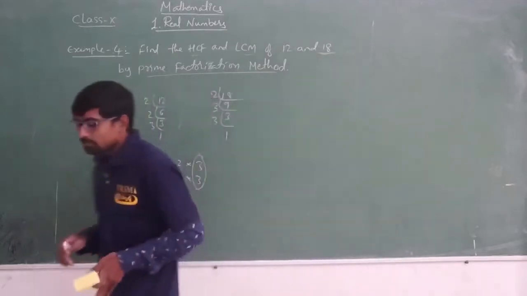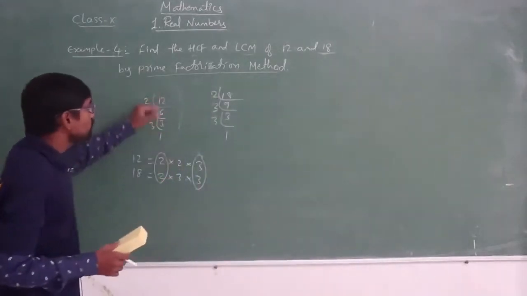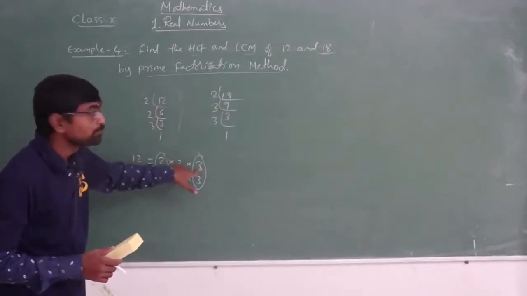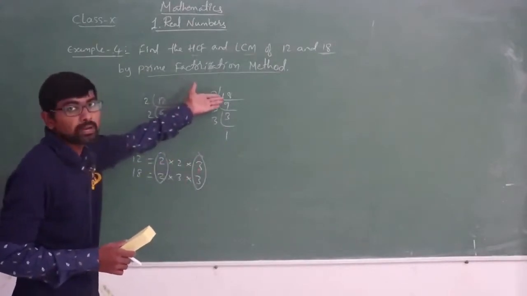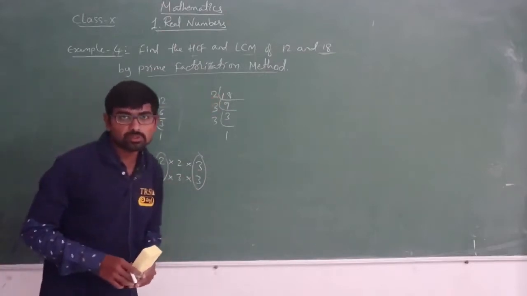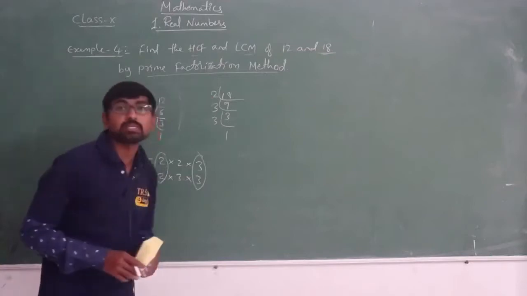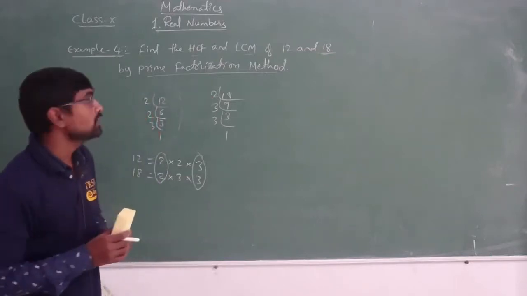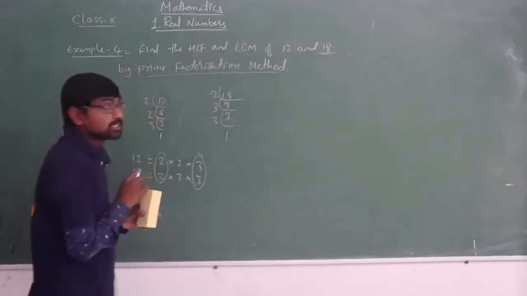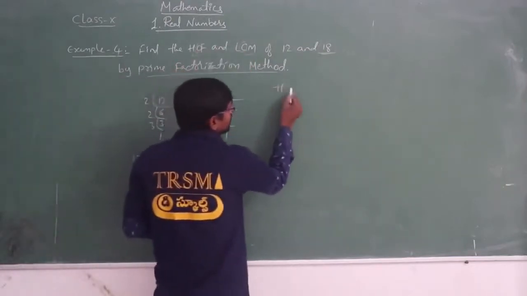In the previous class we found the prime factors of 12 as 2 into 2 into 3, and the prime factors of 18 as 2 multiplied by 3 multiplied by 3. So what we are doing here, we are using the word common, isn't it? Common in both the things, you are having